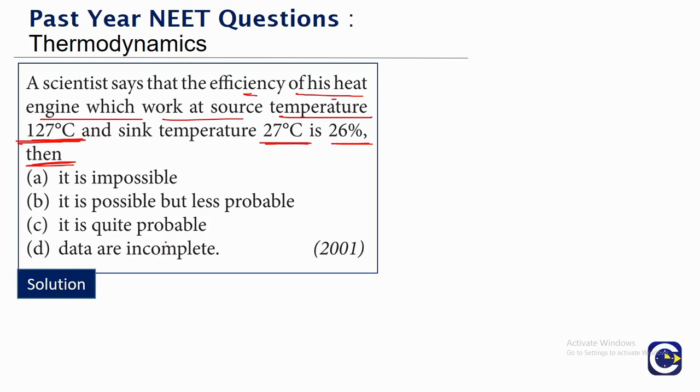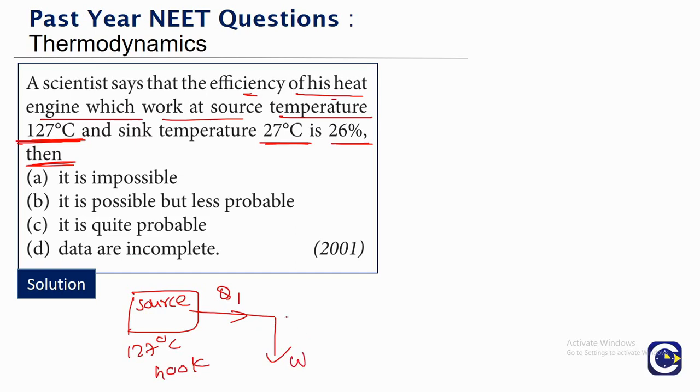So they are talking about what? The heat engine which is operating. So this is the typical design of the heat engine, right? We will derive the heat from the source. Source is what? High temperature, 127 degrees Celsius, means in terms of Kelvin scale it is what? 400. So we will use this heat to do some work W, and the remaining amount of unused heat will be rejected to the sink. What is the sink temperature here? 27 degrees means 300 Kelvin.